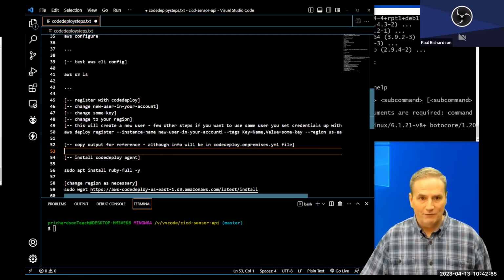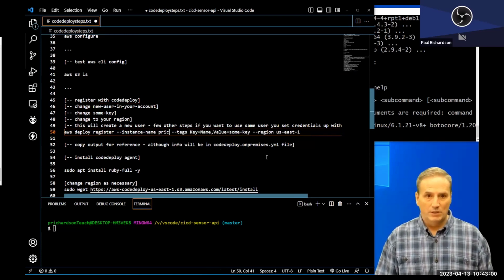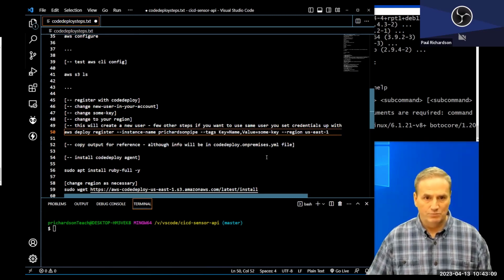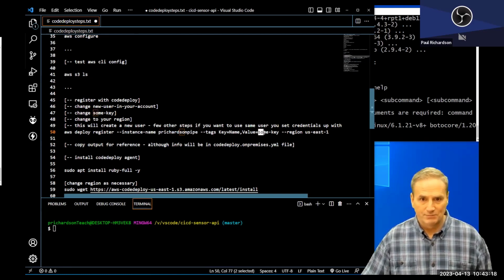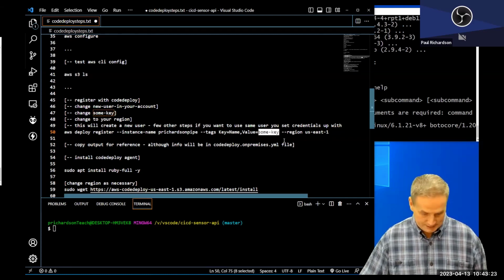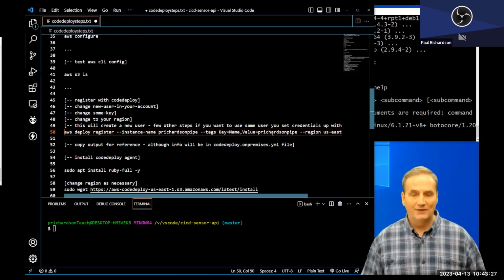All right, so for a new user in an account, I'm just going to do CI, let's do, I'll just do pipe for pipeline. Control C. Now here, this is just the new user that you're going to create in your account. This is really what's important. I mean, that could be anything as long as it doesn't exist. This could be anything too, but you need to remember what this is or come back and find it. So this is how you're going to add this to a deployment group,